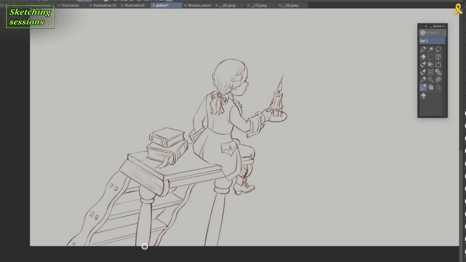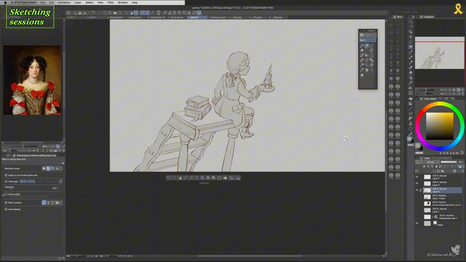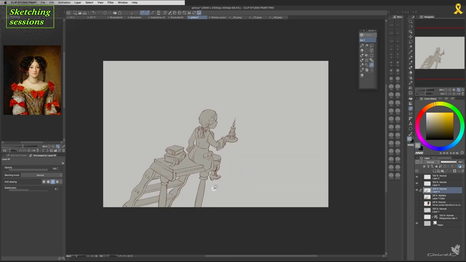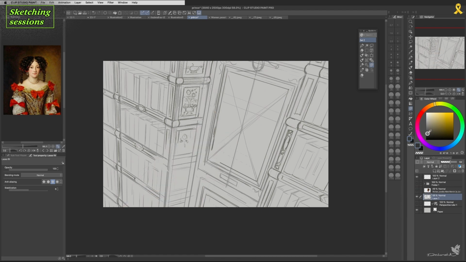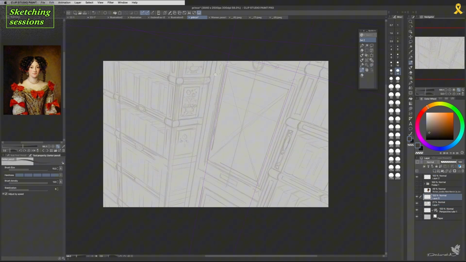I cleaned up all my drawing, final refined, and here you can see I add grayish layer under my drawing, just to create a base for clipping mask. So the next stage of my drawing is to create environment, to build this frame of portrait, and also to